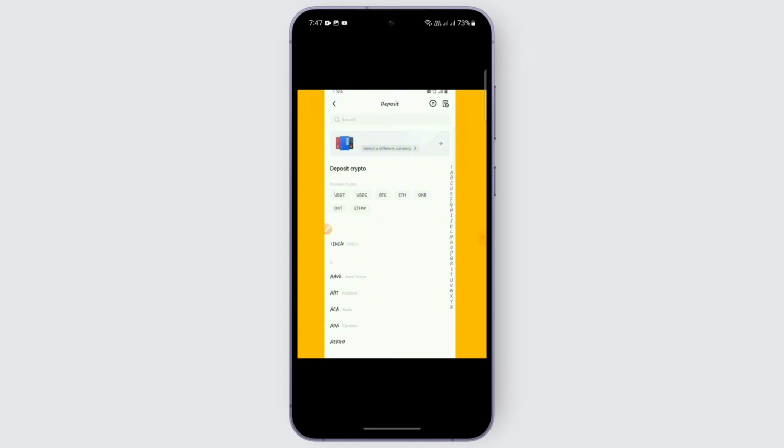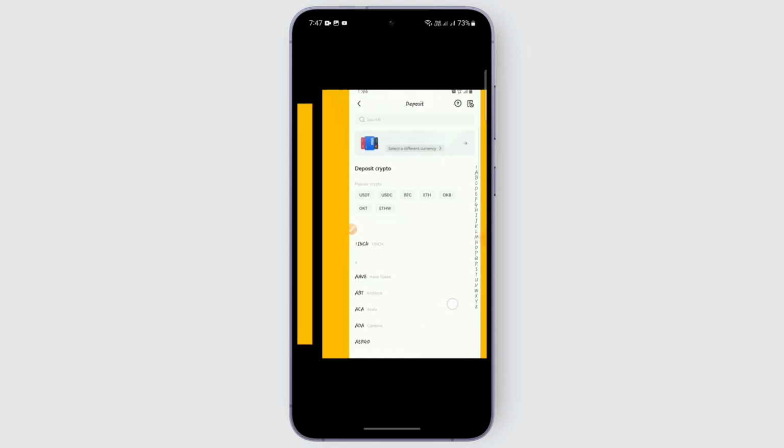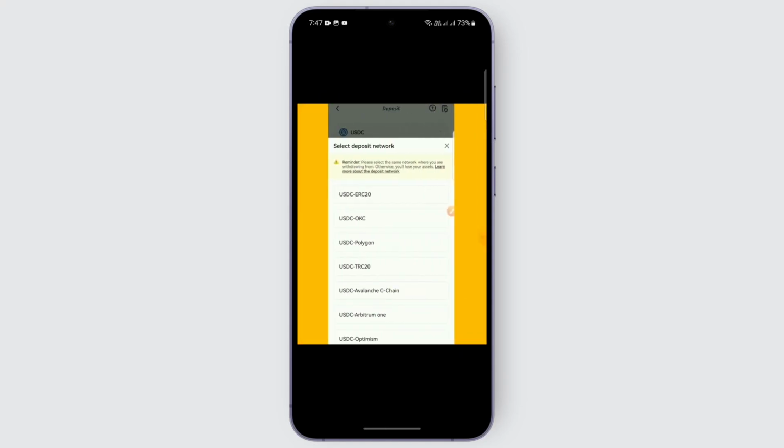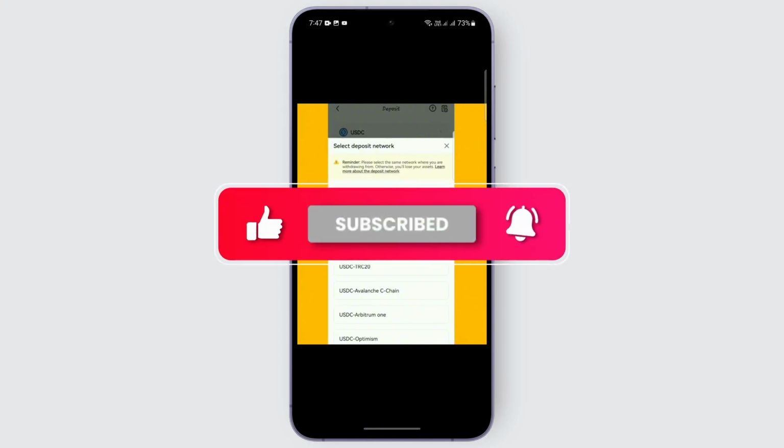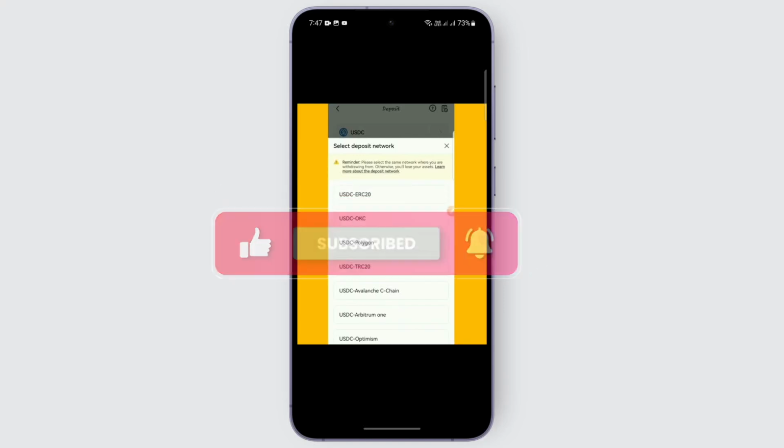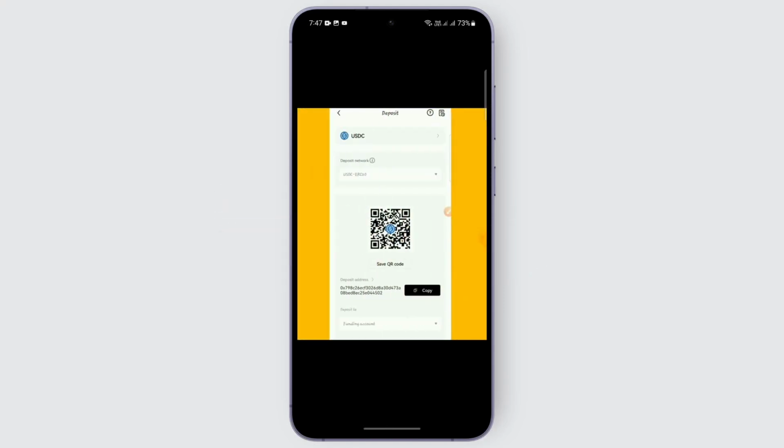So I'm just gonna select USDT or USDC for now. You may also select that if you are using that crypto. After selecting the crypto, you need to select a deposit network. So I'm just gonna select the USDC ERC20. You may also select that one right there. After selecting, you just need to get over to another page where you'll be finding this deposit address